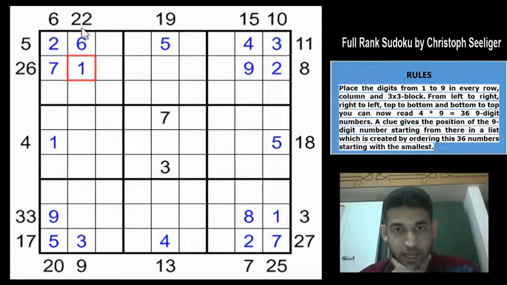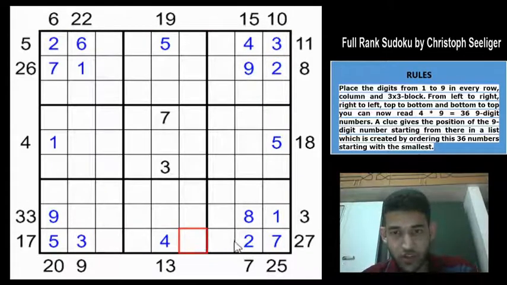So which must mean 21 would also be 6 and 1, right? Because 21 to 24 will have starting digit as 6, and since 22 is having the second digit as 1, 21 will also have the second digit as 1. Now we need to look for another 6. Basically you can't have the 6 in this direction and having the second digit as 1 because 1 will be already in that column. So this row is also ruled out, and this row is possible.